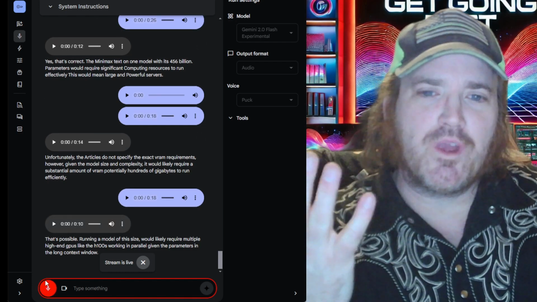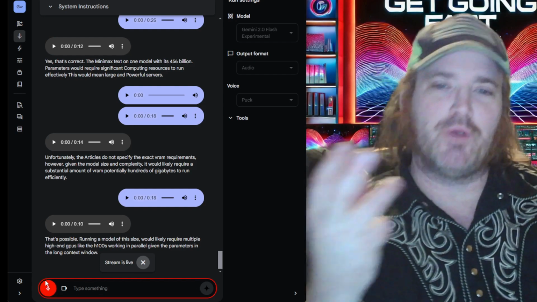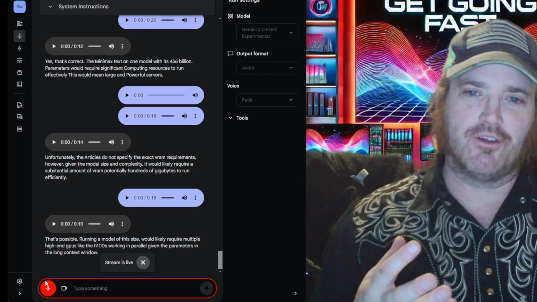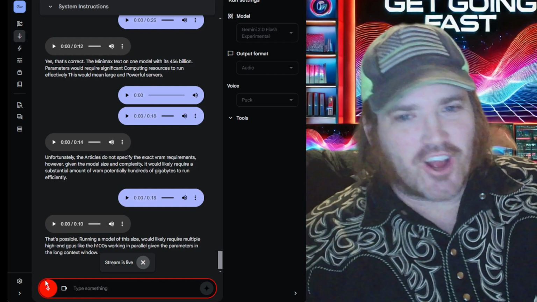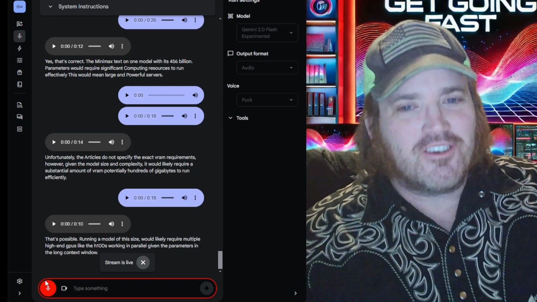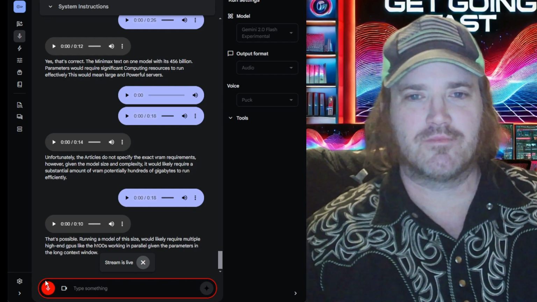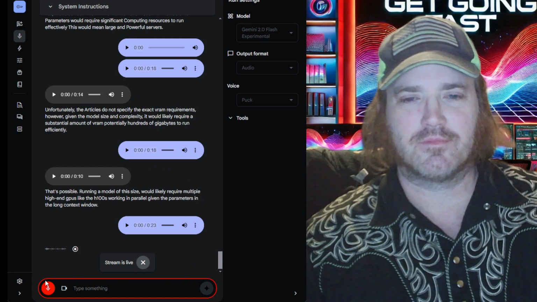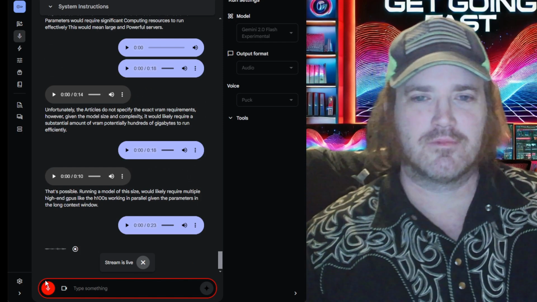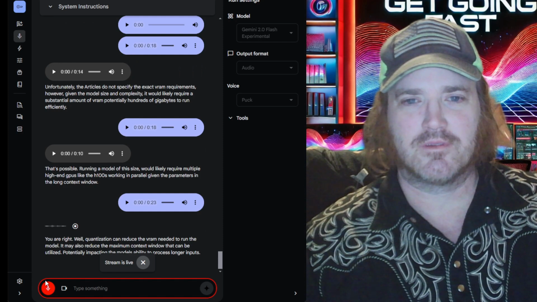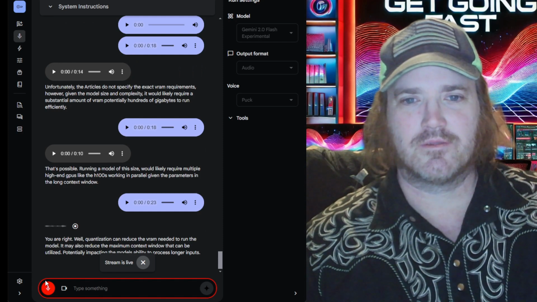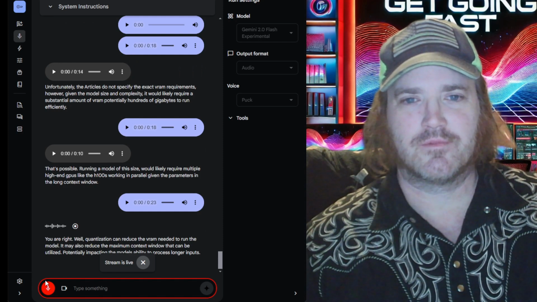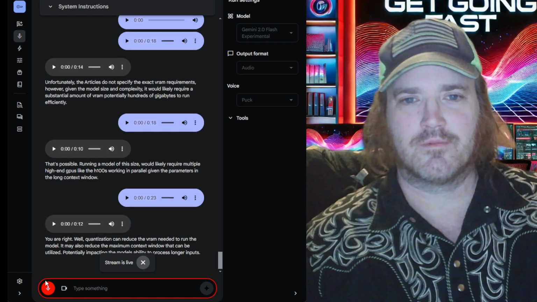Right, because even if we could get this quantized down to a level that we could run on smaller amounts of VRAM, you're still not going to have access to all of that context window, correct? You are right. While quantization can reduce the VRAM needed to run the model, it may also reduce the maximum context window that can be utilized, potentially impacting the model's ability to process longer inputs.